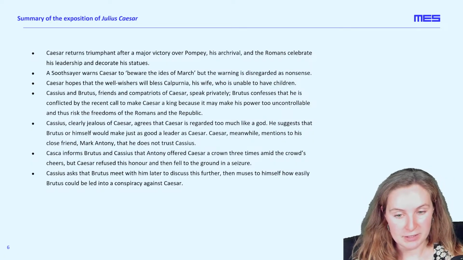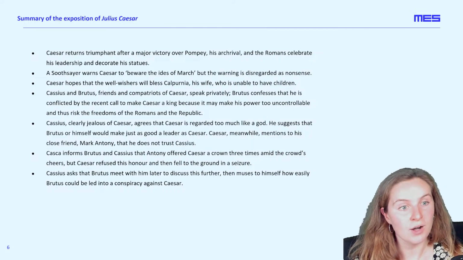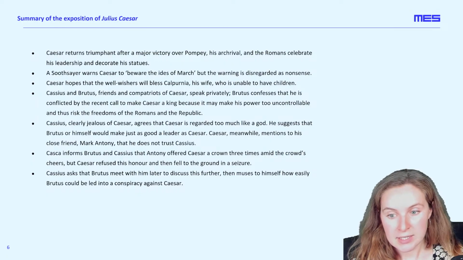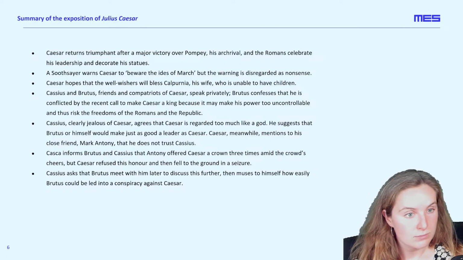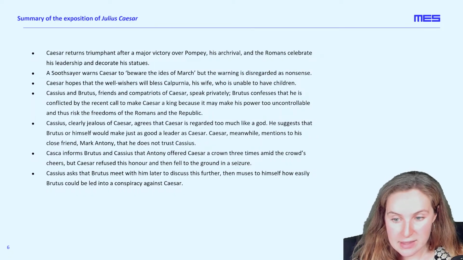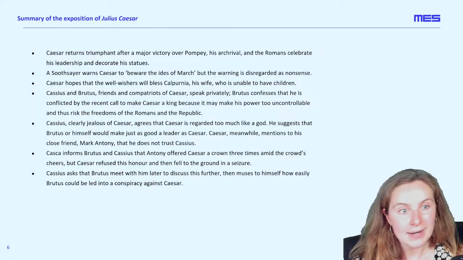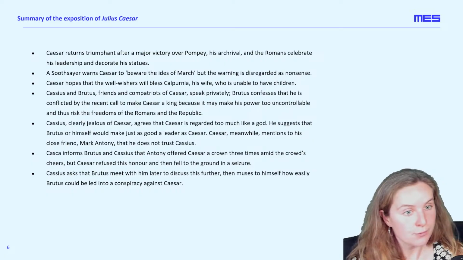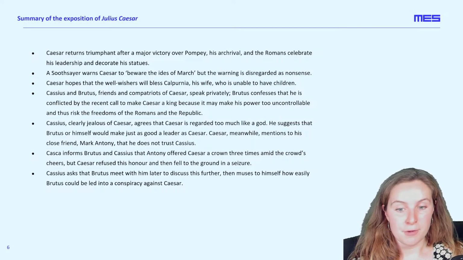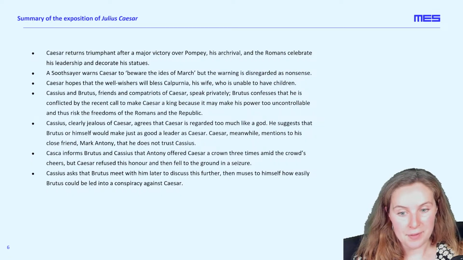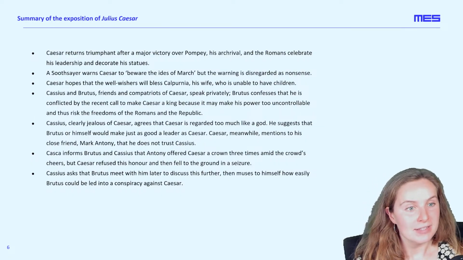And Brutus confesses that he's been conflicted by the people who are so excited, so proud of Caesar, so trusting in Caesar, so loyal to Caesar, saying that they want to make Caesar a king. Rome, famously, at this point, is a democracy. So he is worried that Caesar becoming a king might mean that his power becomes out of control, and thus risks what they've just fought for in preserving Rome from a tyrant like Pompey, the freedoms of the Romans and the Republic. So the Republic, capital R, and the freedoms of the Romans, capital R, these big ideas,